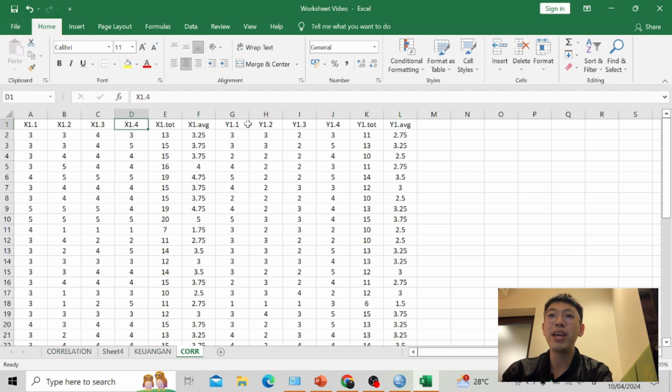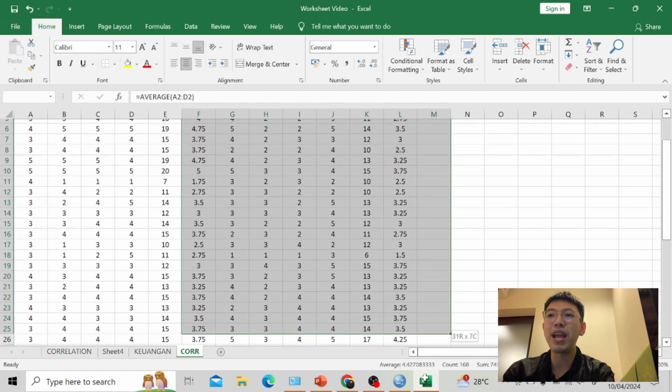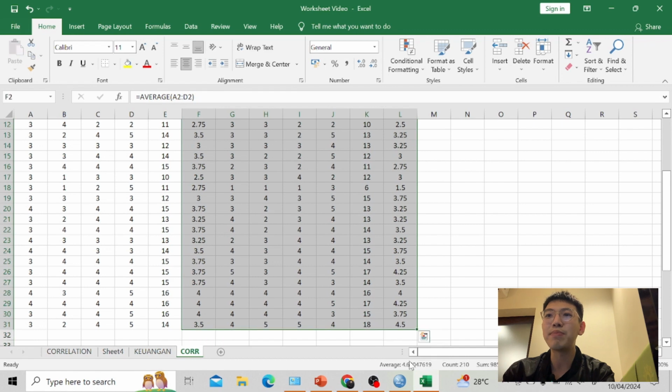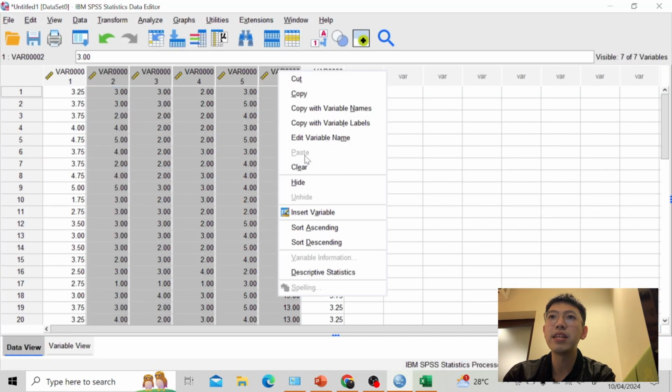So does y1. There are y1.1, y1.2, y1.3, y1.4. To get the correlation coefficient, we need to find the x1 average and also the y1 average. And then we can copy the x1 average and y1 average only in the SPSS. We paste, we delete this,